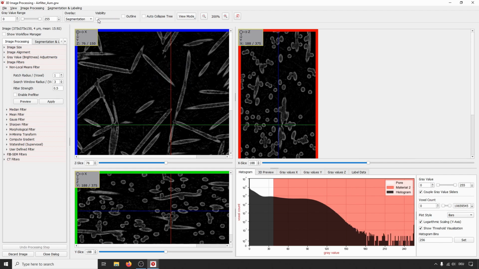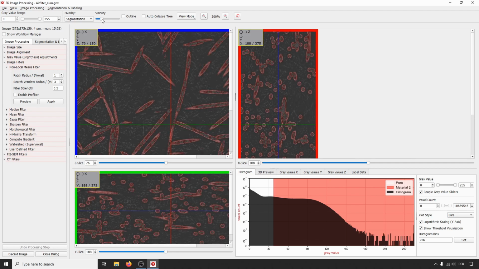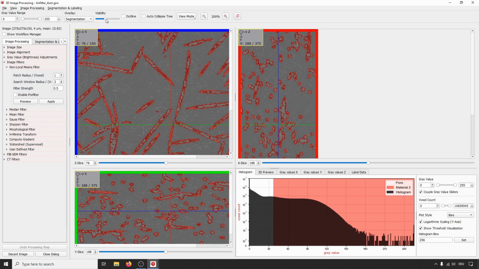but all this is the same material. If we now re-enable the segmentation overlay, you can directly see that this causes problems in the segmentation. So there's already a lot of noise here in the pore space, but in the fibers, the bright areas are recognized as pore space with a simple threshold, and therefore these fibers are not correctly segmented.